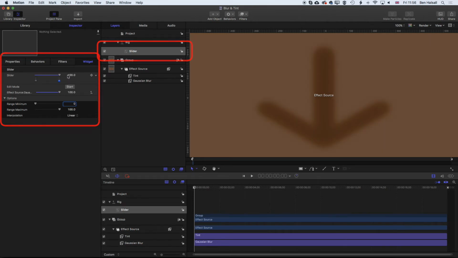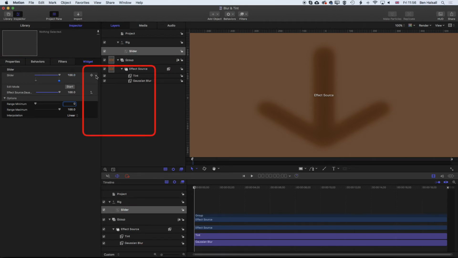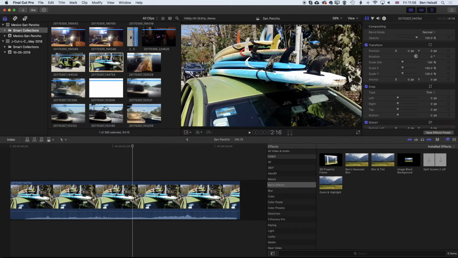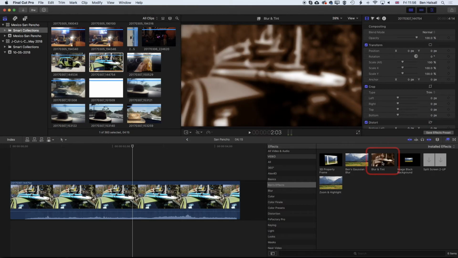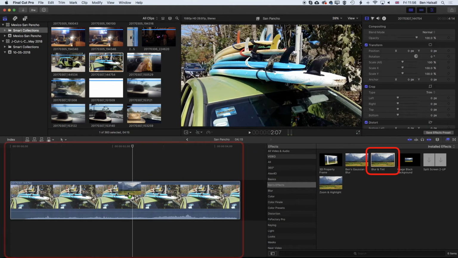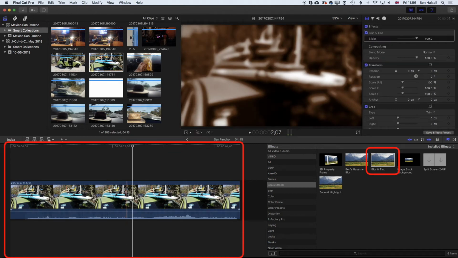So there's one last step before that will actually work in Final Cut Pro, and that is to publish what we've done. So if we click here, we can now publish that slider and then go to File and Save. And now when we come back to Final Cut Pro, if we drag this blur and tint option across here, you can see it's blurred, but we have a slider that allows us to control that blur,